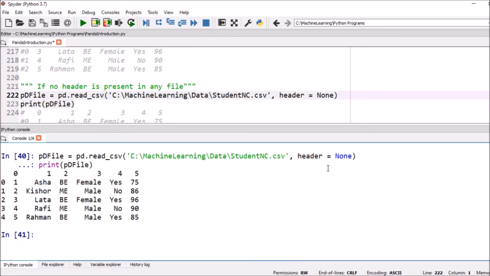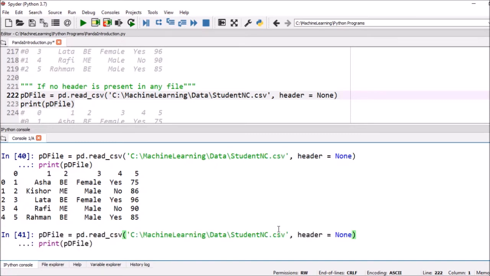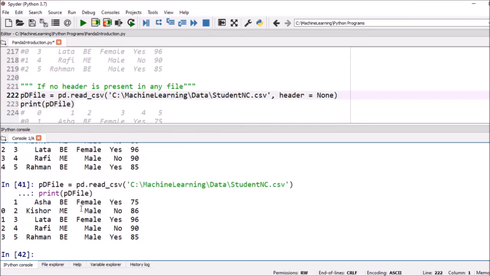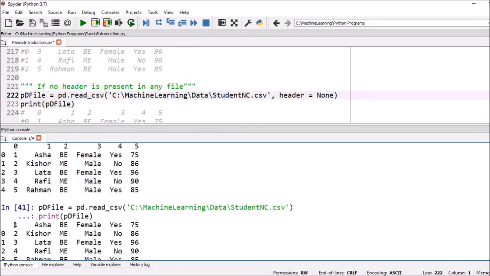Now if you don't put header=None, where this particular file has no header, and we execute the same thing once again, removing the header instruction, we have seen that it assumes the first row acts as a header, but it is not a header, it is a data record. 1 Asha B is a record, not a header.